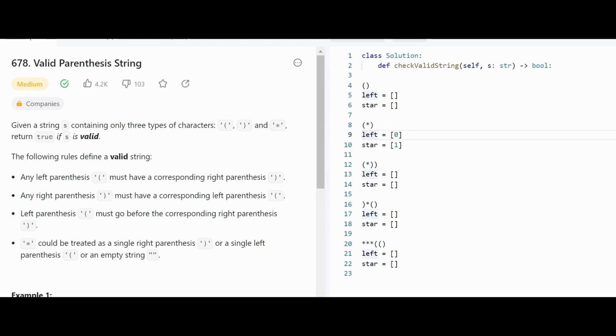It means that this closing parenthesis can be balanced out with an opening parenthesis, right? So we can just pop the opening parenthesis out from here, and we can balance it out with this value. And this star can be treated as an empty string. So if your left array is empty, which means your case is true. So this is a valid string,